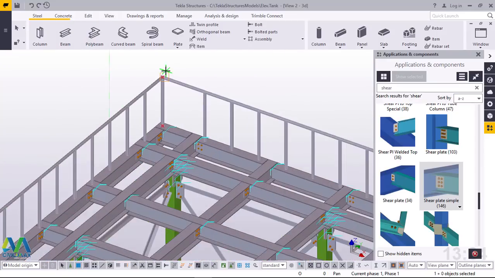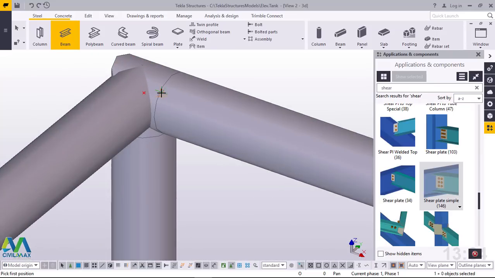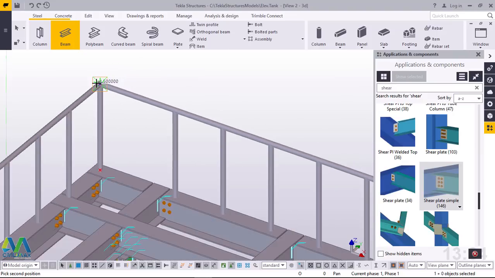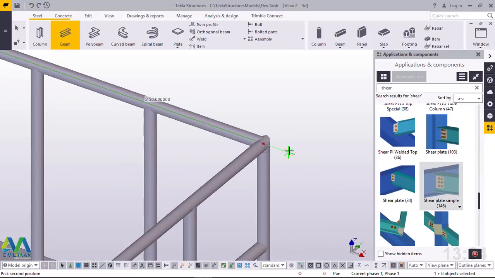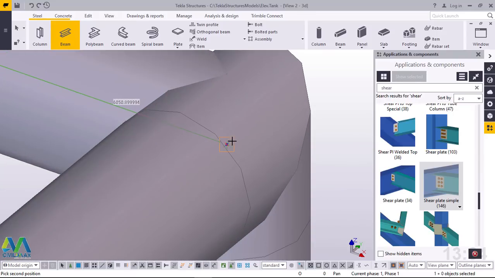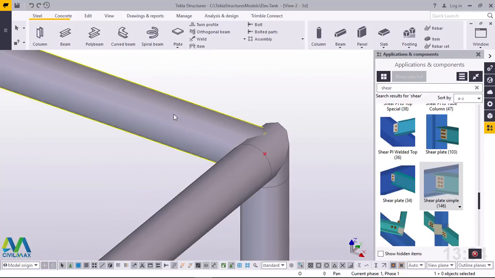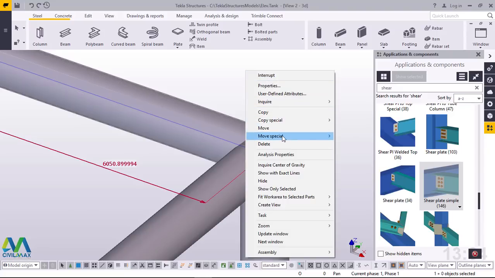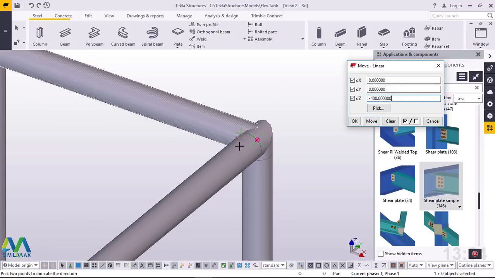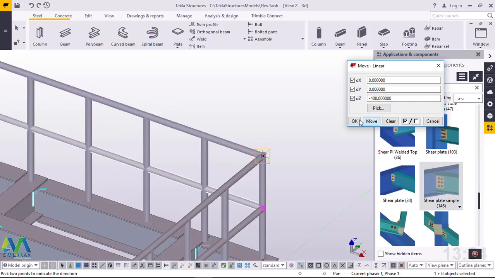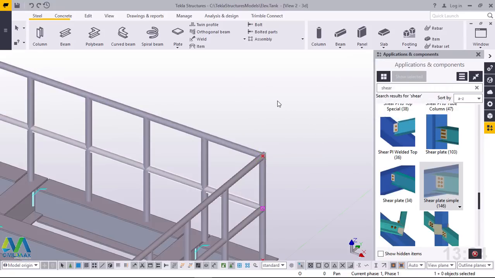We'll come to beam and we'll zoom out, and we'll click right here on that spot and come all the way to this end and snap right here. Perfect. Now we'll click on that, right click and come to move spatial and click linear, and on the Z axis we'll just click move, and that's it. Right click and exit,